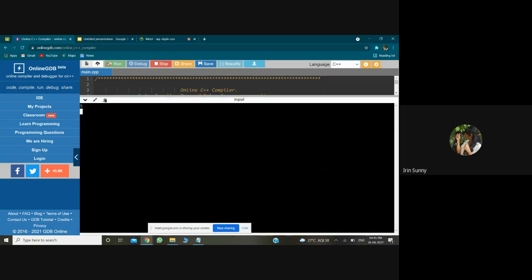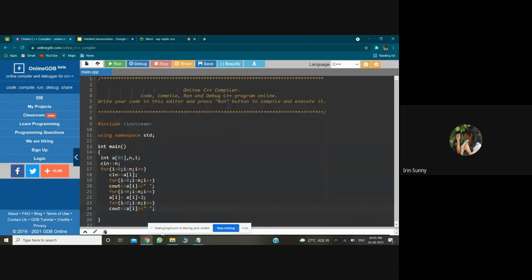The 5 elements that I'm going to enter are 6, 7, 8, 4, 3. See, I'm going to get 6, 7, 8, 4, 3, and then to each I have added 2. 6 plus 2 is 8. 7 plus 2 is this. I'll just put a new line so it'll be clearer to you.